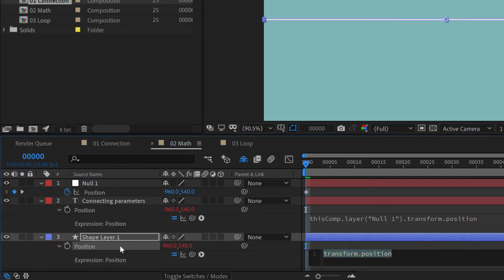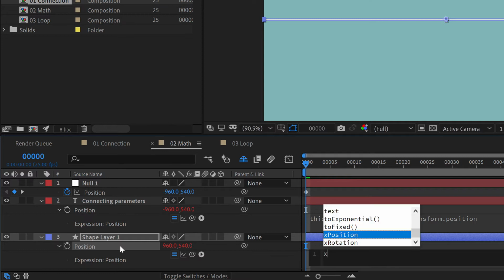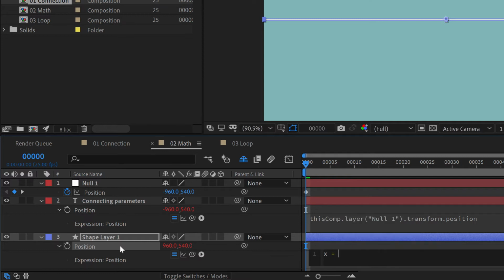In After Effects, we can create functions which will define the values applied to the transform parameters using JavaScript and math operators. First of all, we need to define our variables for x and y. We start by typing the first one. x, our variable, equals